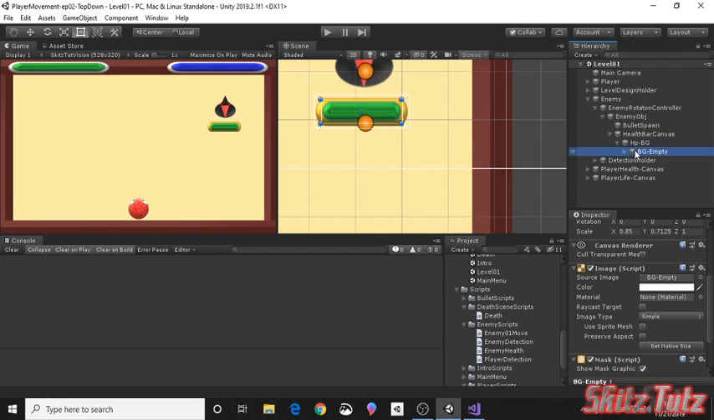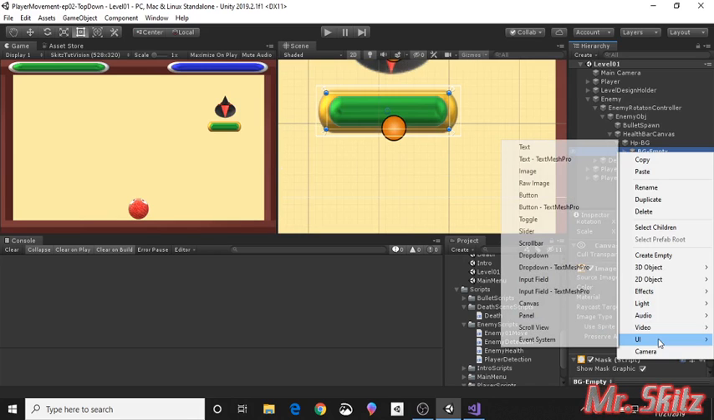Now, once again, I right clicked, I went to UI, and I created yet another image. And I named it Filler Red. And then I made it a child of the BG. And now the same anchor points and everything will carry over, so you shouldn't have to worry about having to do that again. But if you do, just make sure that you get that right, because if not, it could make it look